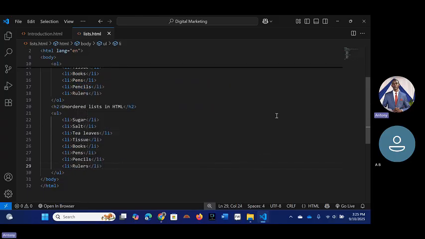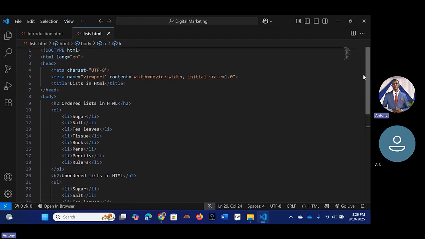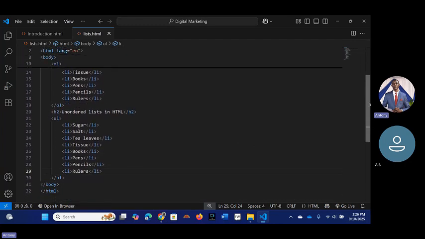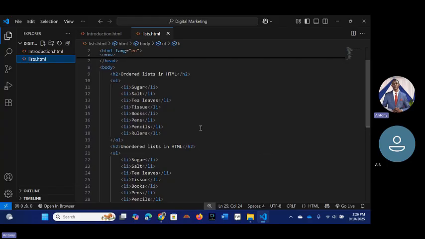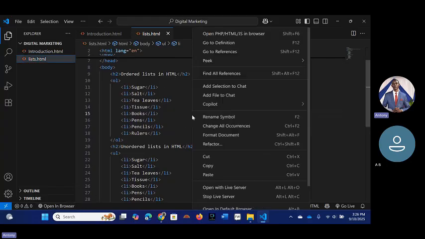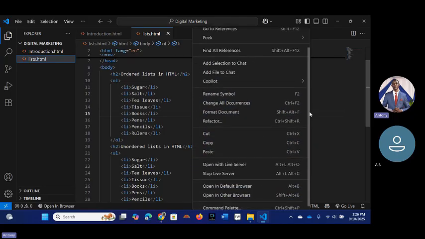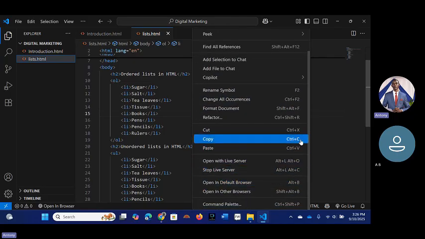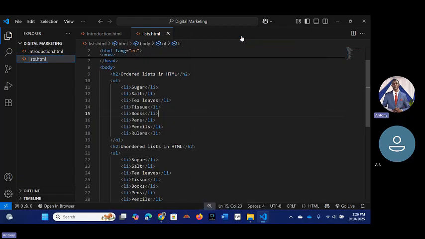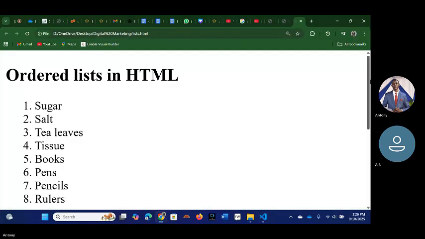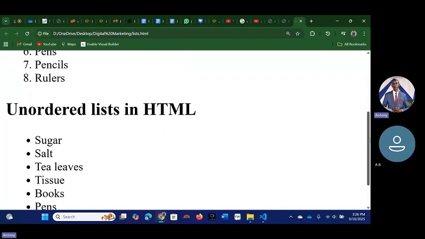After we finish with these, now we want to see how they look when we open them in the browser. We can choose to click this one, or we can just open it like this. You can just right click, and then you'll have options like open in default browser, or open in PHP. You have options, so you just click on any. So you're going to see your list format.